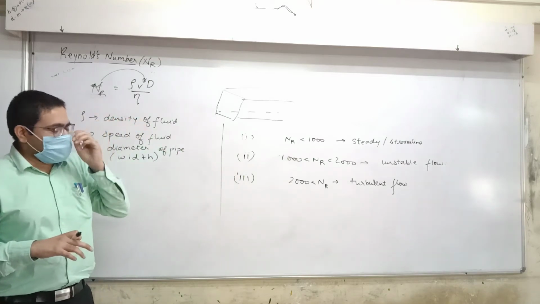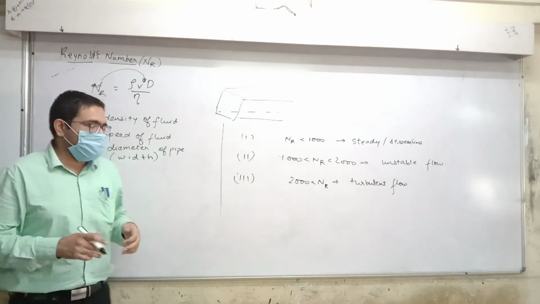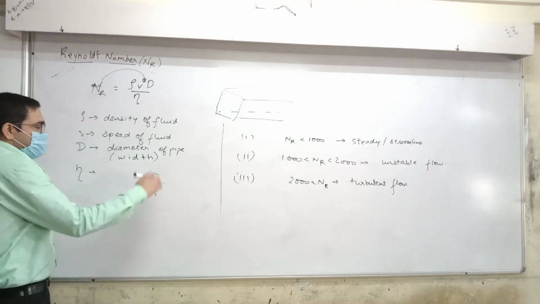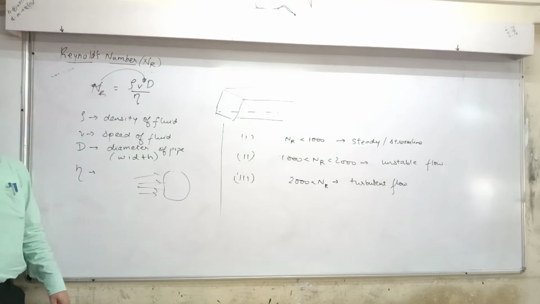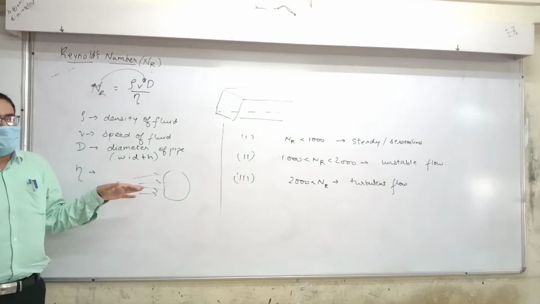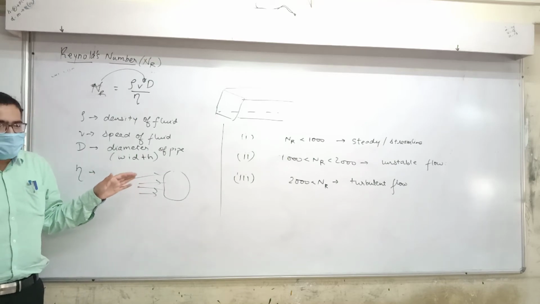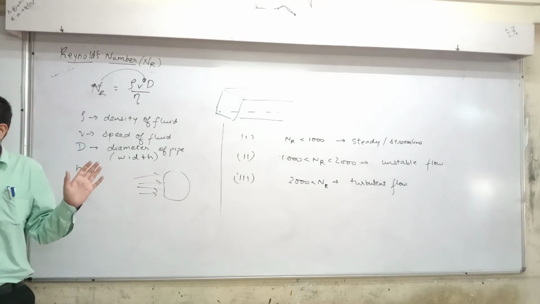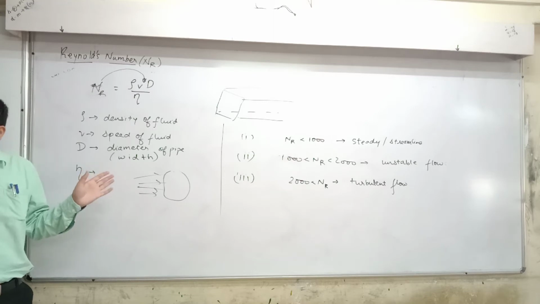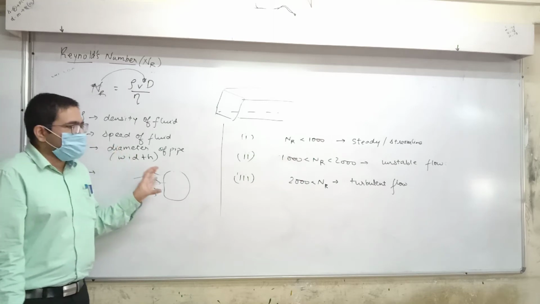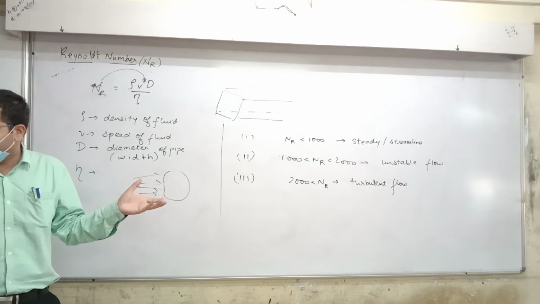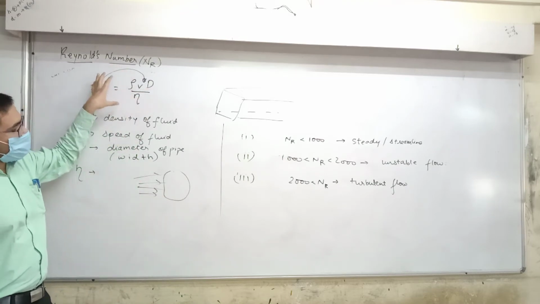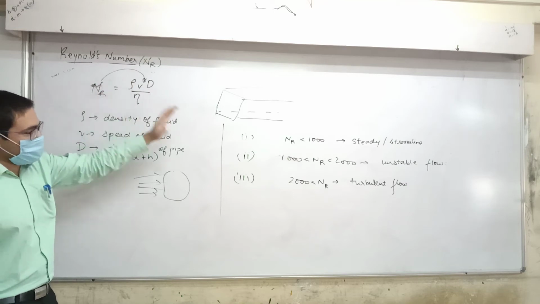One more way is to throw obstacles. Suppose water is flowing in streamlines, and you put some obstacle in between. What's going to happen? When it hits it, the flow's properties are going to change. Make sense? Right? So this is also what causes turbulent flow. So that's what is about Reynolds number and its relation with these.